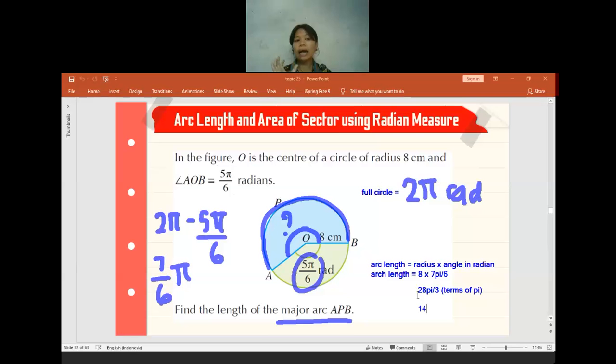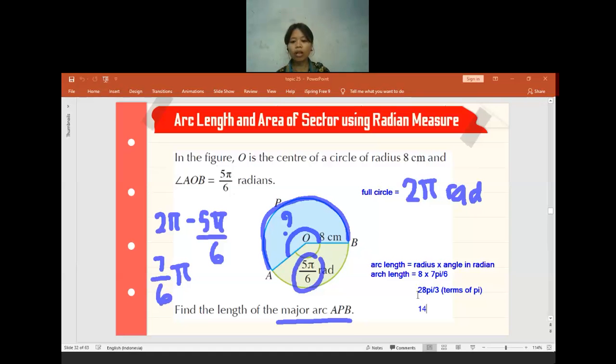No, if it is about arc length or sector area, there is no need to change into radian mode. You have to change it into radian mode when it is related to trigonometry. When it is not related to trigonometry, you can keep it in degree mode or radian mode, it will have no difference.